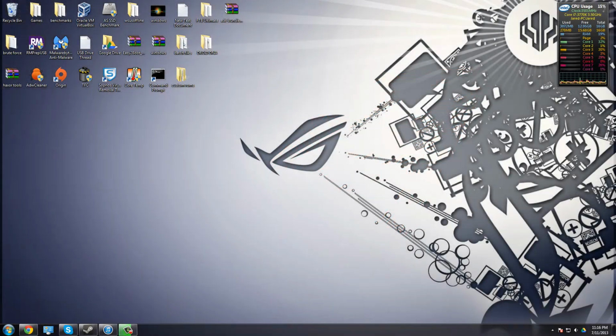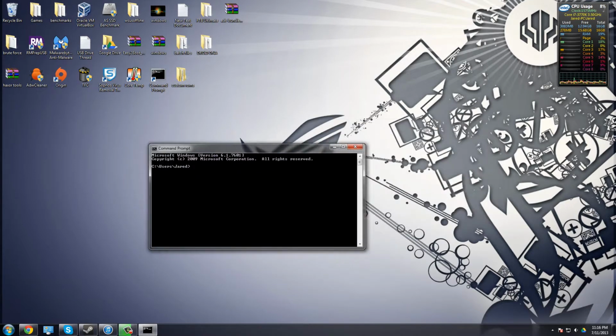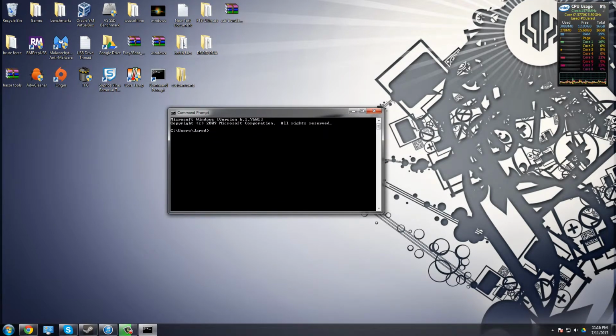So for whatever reason you needed this, whether you're going to root your phone, develop, test things, anything of that nature, whatever you're going to do with it, just a fair word of advice. If you don't know how to do simple commands in the command prompt, or if you can't follow instructions on how to use the command prompt, then you really shouldn't be tinkering with rooting your phone in particular, because rooting, while it is pretty hard to brick your phone, if you're installing a custom ROM, which I'm going to be doing a tutorial on soon, or if you're trying to flash something, whether it be a ROM or recovery,